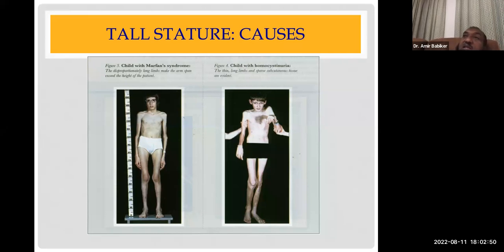So if you find someone whose arm span is taller than this, as I said in this patient, he has tall stature and Marfanoid features. But the main difference between the two is that one has normal intellect, the child with Marfan, and the other, homocystinuria, are developmentally delayed. Both of them have eye signs or symptoms. What are they? Both have a tendency to dislocation of the lens. One is upward and outward, and one is inward and downward.